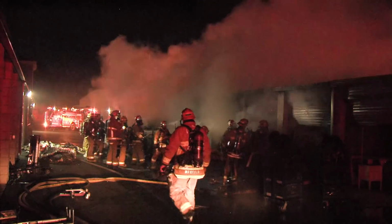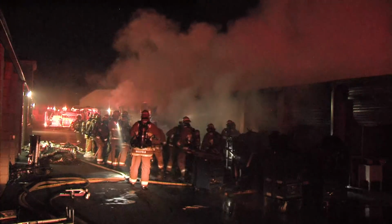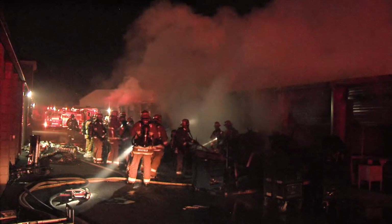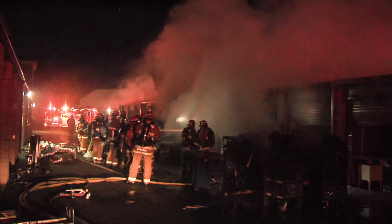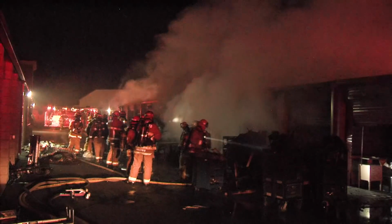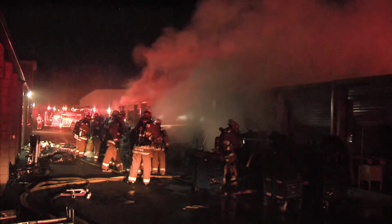But we have some good news to share. As you can see, a lot of that white smoke coming out. The fire has been knocked down. A total of 6 units were well involved, and an extensive overhaul is anticipated, but so far no injuries reported, but firefighters declaring knockdown. And what that simply means,